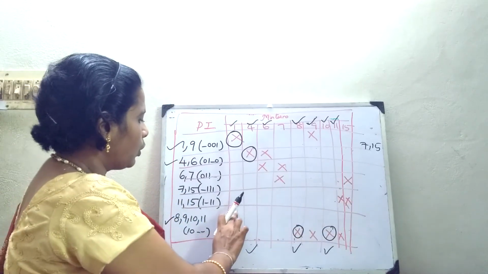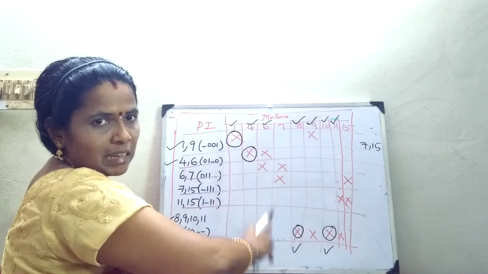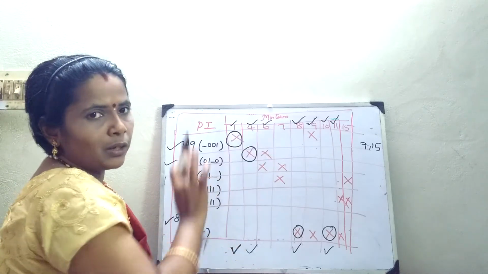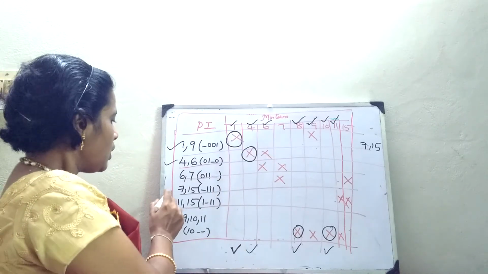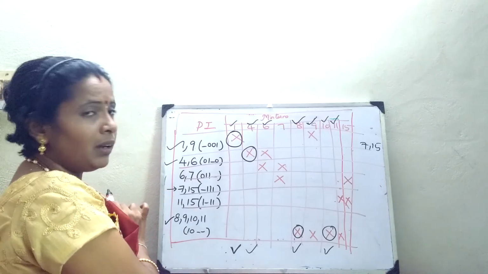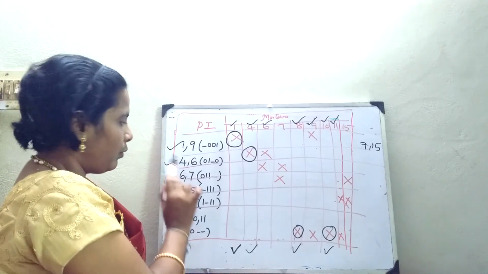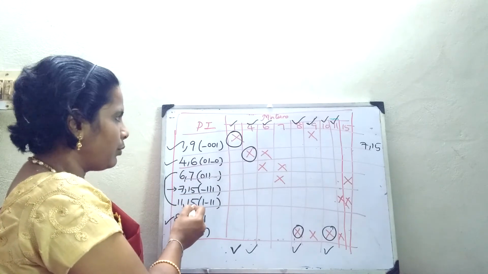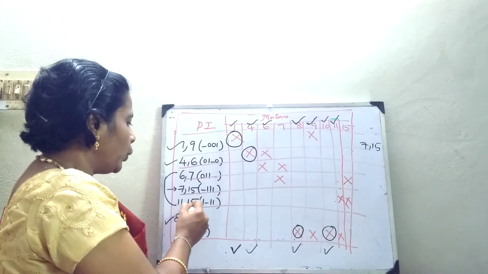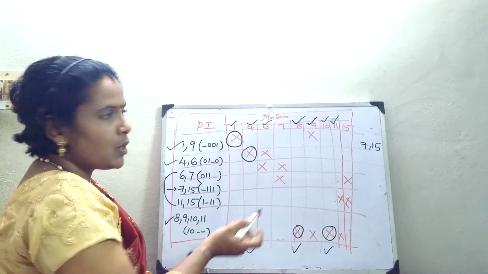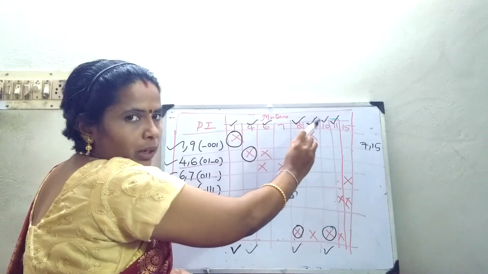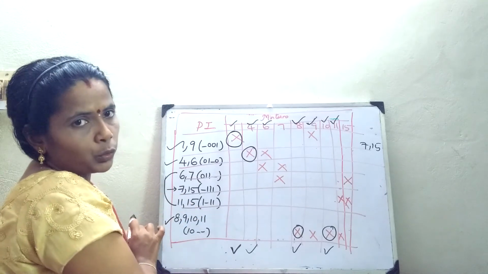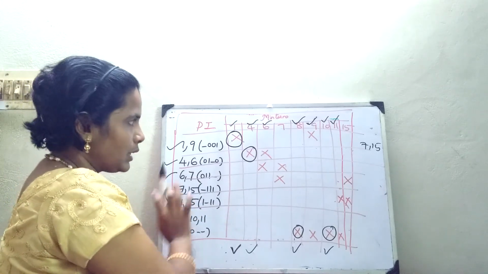Okay, now you come for the next thing and you have to take the second crosses. Now it is implicit that 7 and 15 are to be included. Just check the minterms which have them. So this term is directly having 7 comma 15. Whereas if I want, I can also include these two terms: 6 comma 7, 11 comma 15 means I will be able to include these two. But why put two terms? That's why I asked you to mark it over here. So when you know the terms which are not marked, you can just directly check from this and go and put a tick mark. That is the shortcut I am saying.